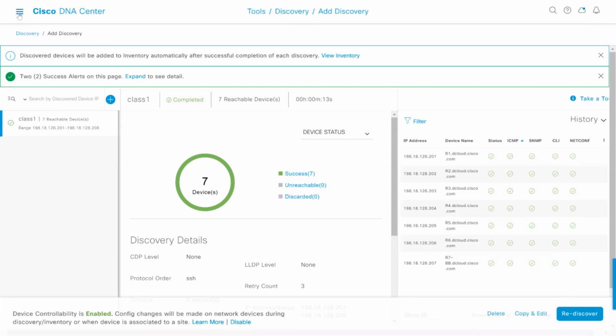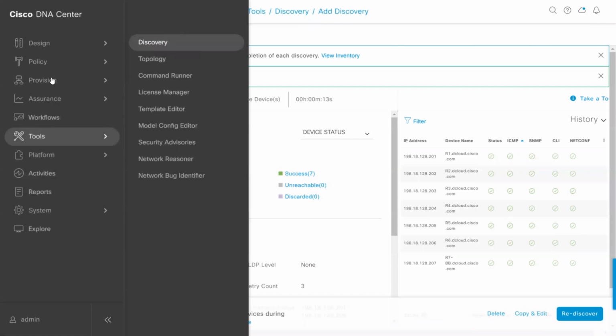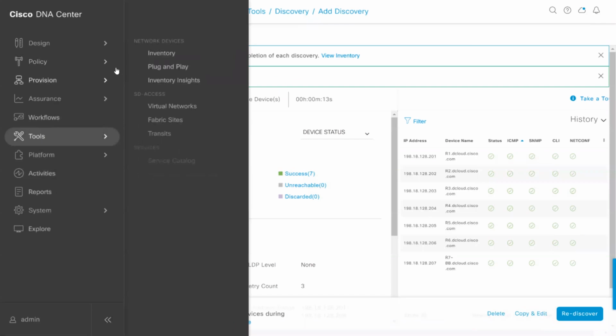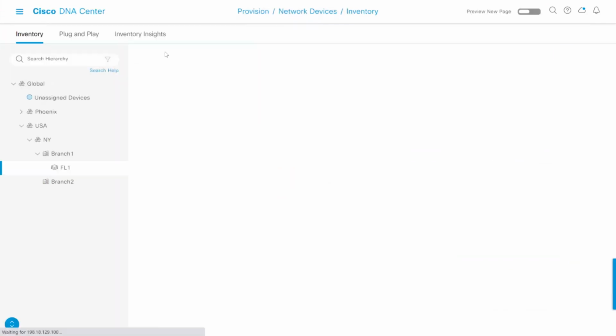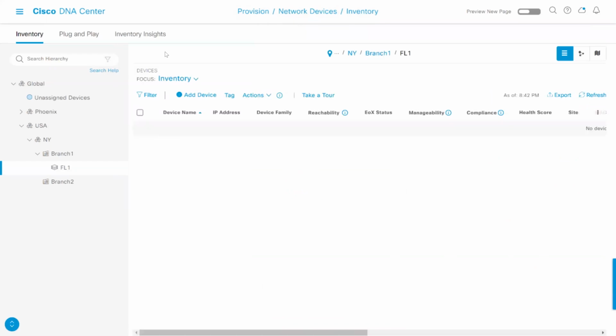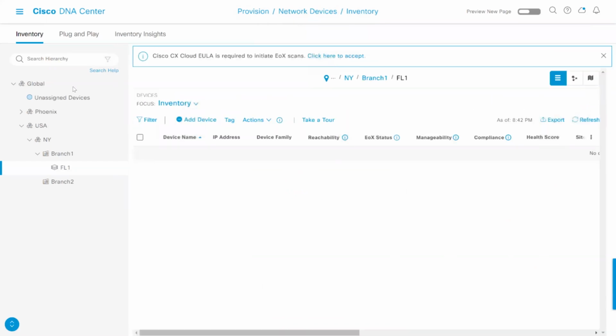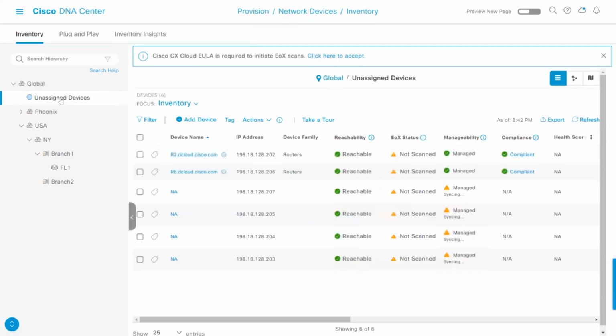If you go here to the menu, provisioning, inventory, although DNA has discovered all those devices, they will be part of unassigned devices. Why? Because these devices have been discovered, but they haven't been assigned to the proper sites. Correct? So if I go and refresh the page,